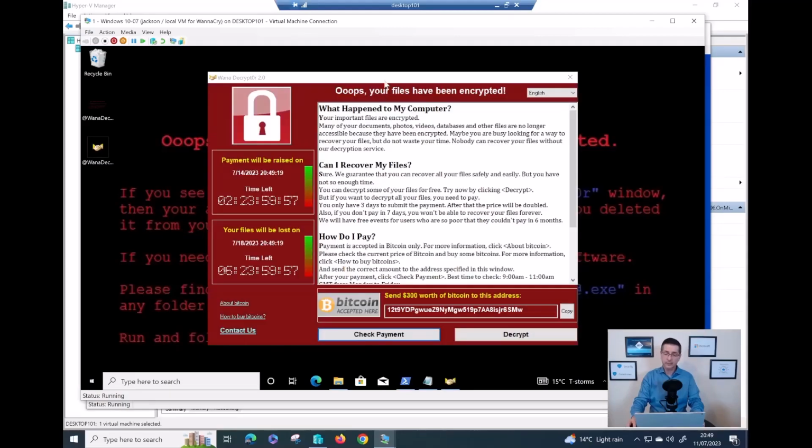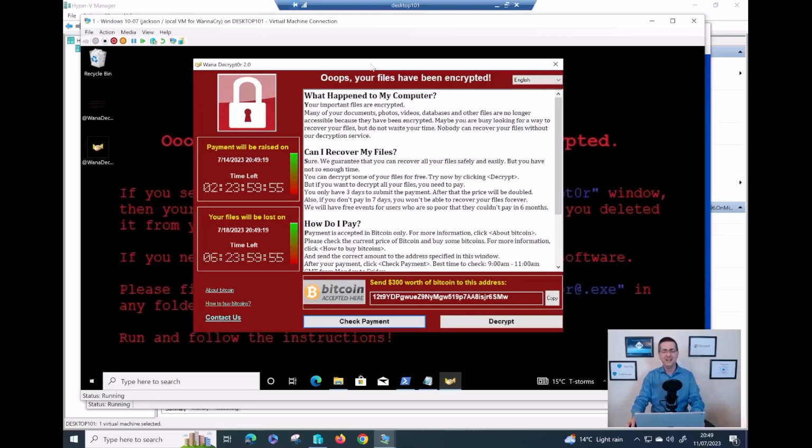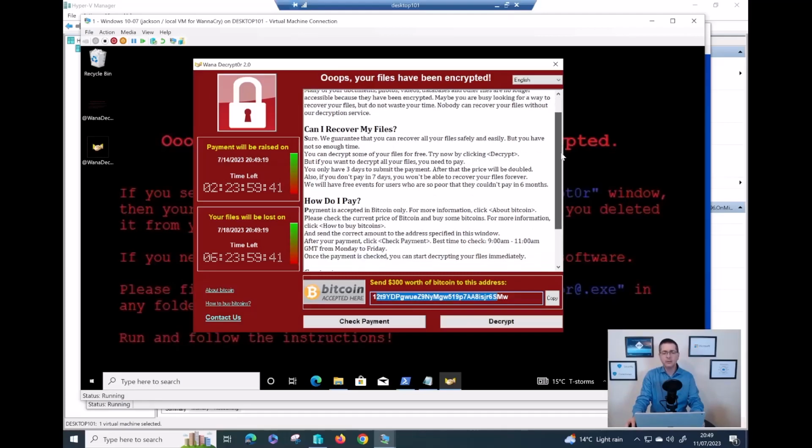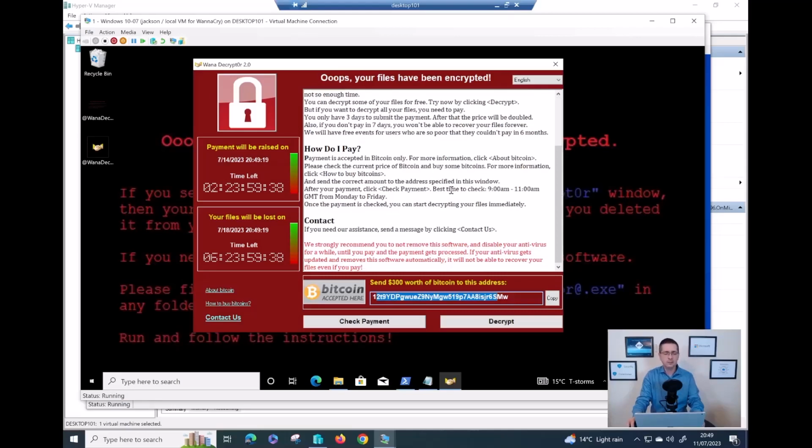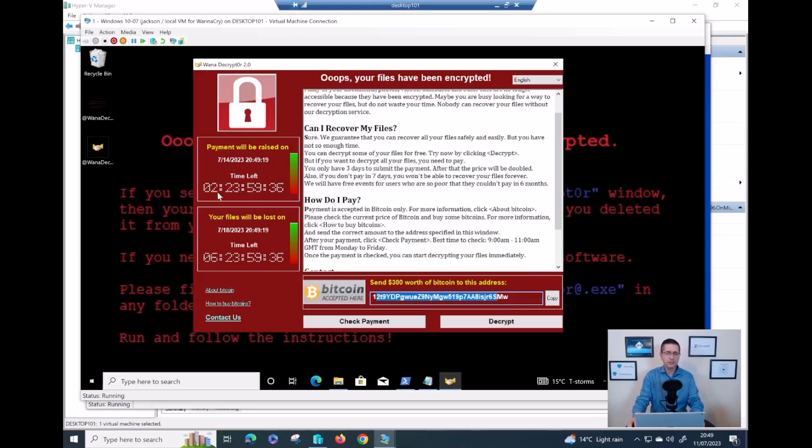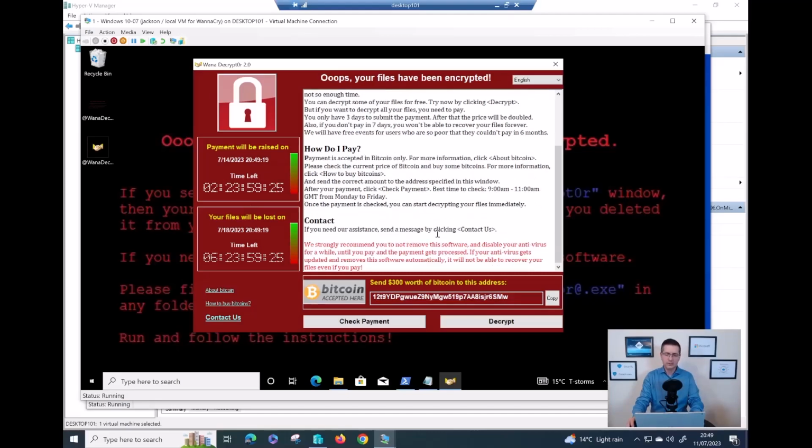Let me just run this. And then, probably you saw, hopefully not in real life, only on some web pages, this is the worst nightmare somebody can get. All the information, the Bitcoin address is in here. And all the information on what I need to do to get my files back. As you can see, there is a countdown in here, and by the time I exceed that time, the price usually doubles. I shouldn't be paying any ransom, but let's say, as in here, contact us. If I click in here,